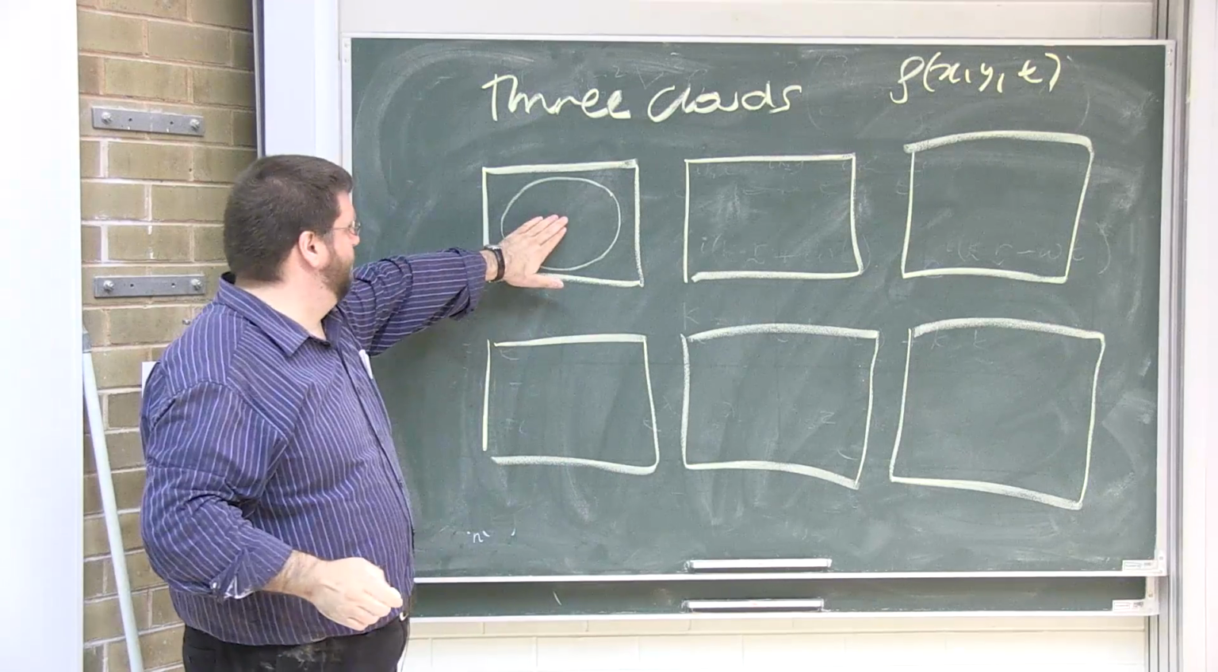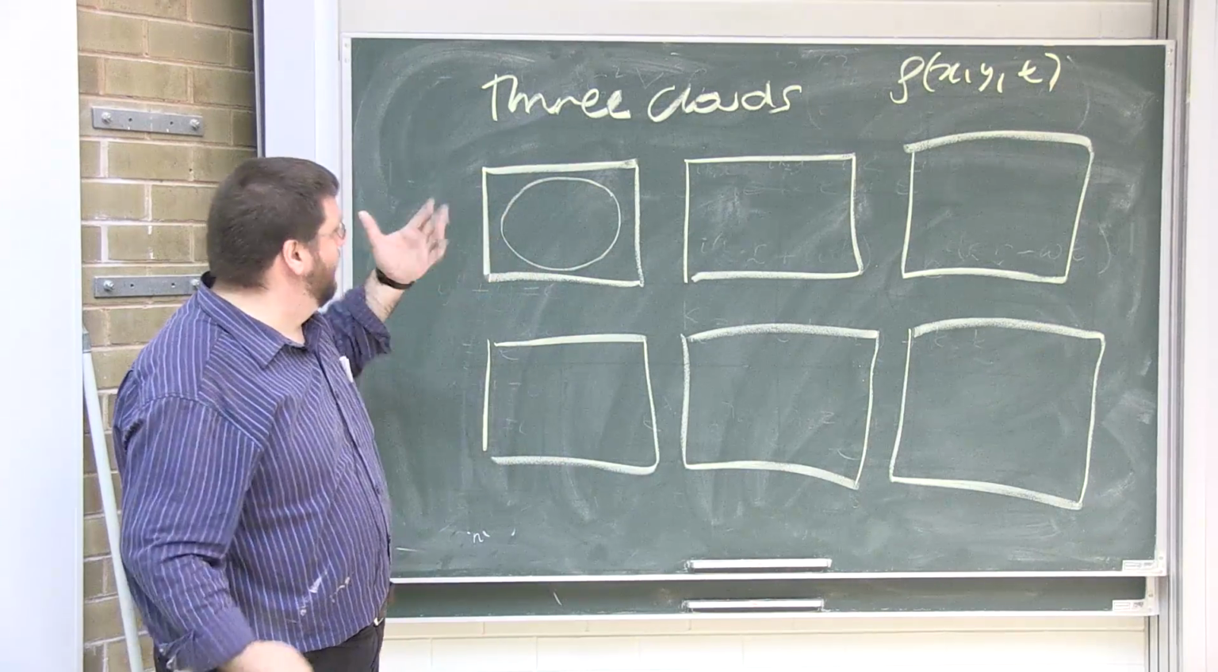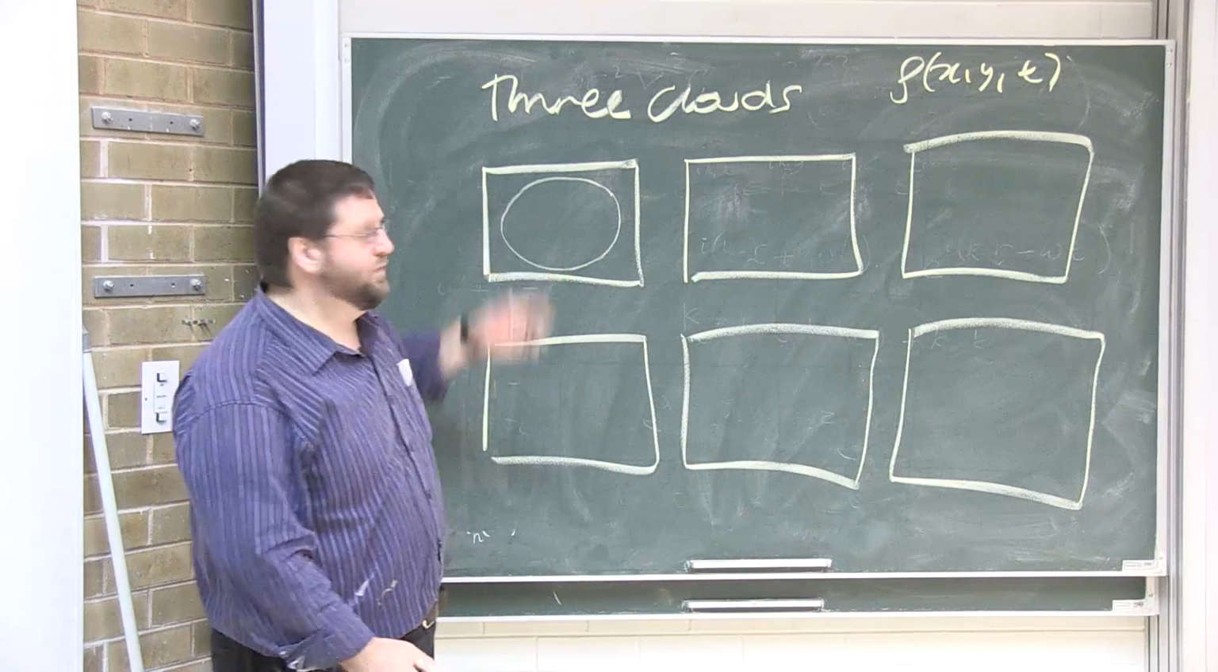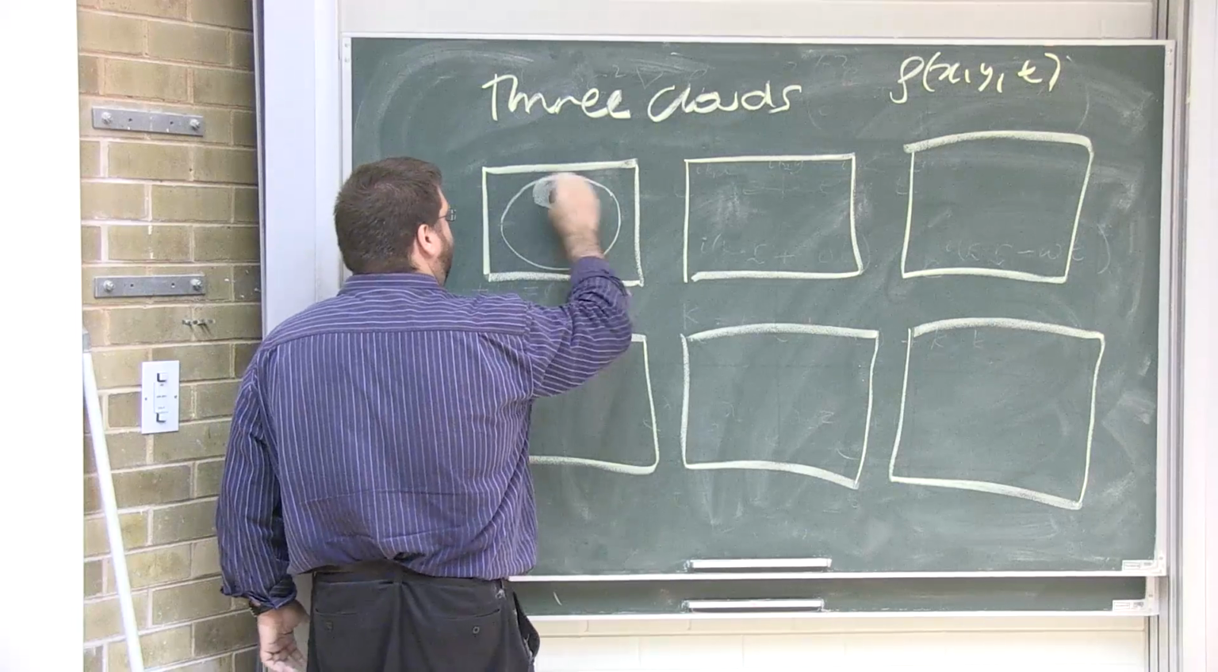So this is a trap, there's a potential minimum in the centre. The trap is rotationally symmetric. This would be V equals a positive constant times x squared plus y squared. This is a parabolic bucket. And we start off with